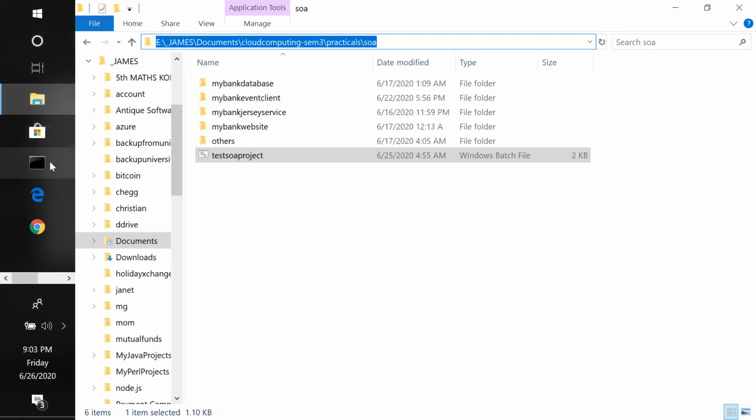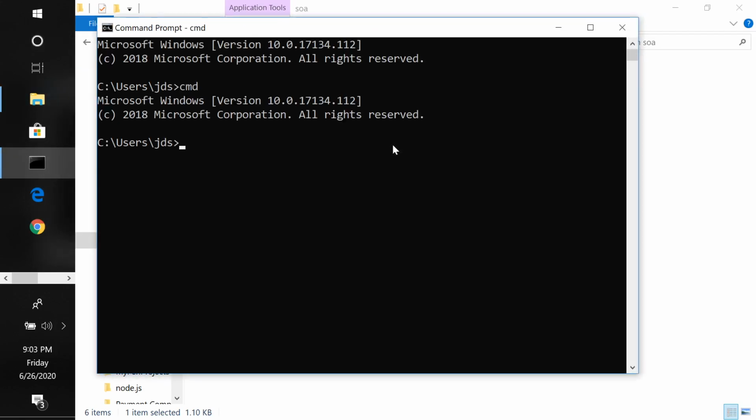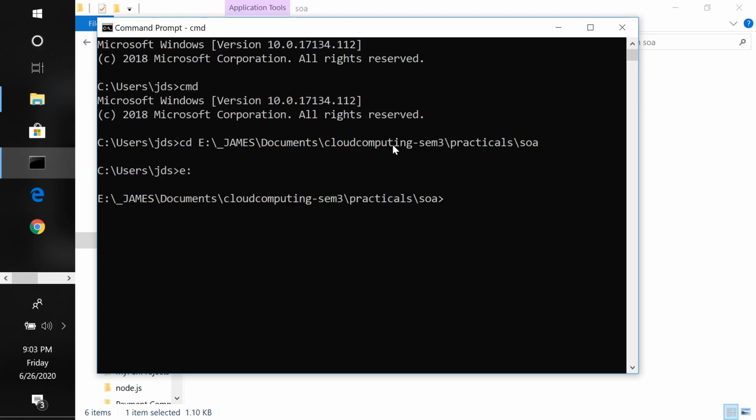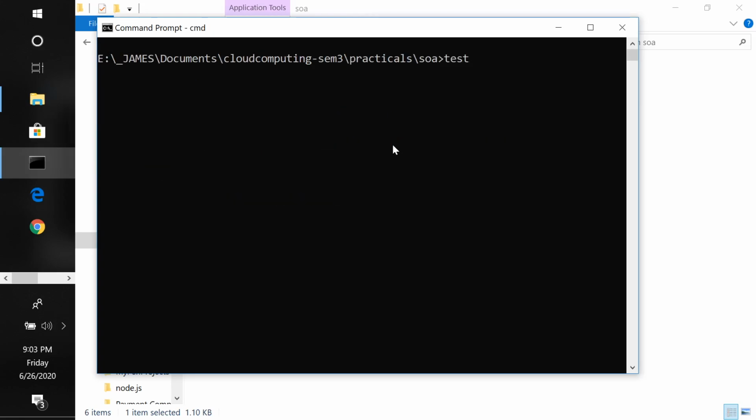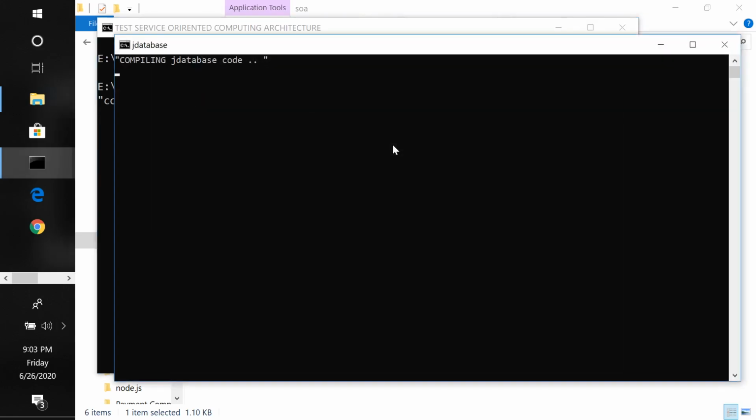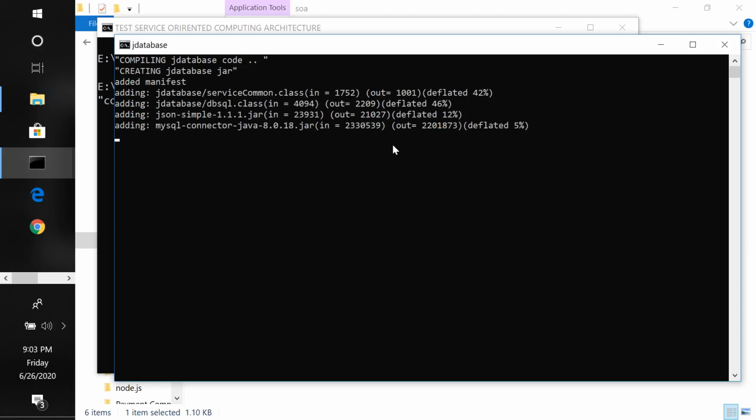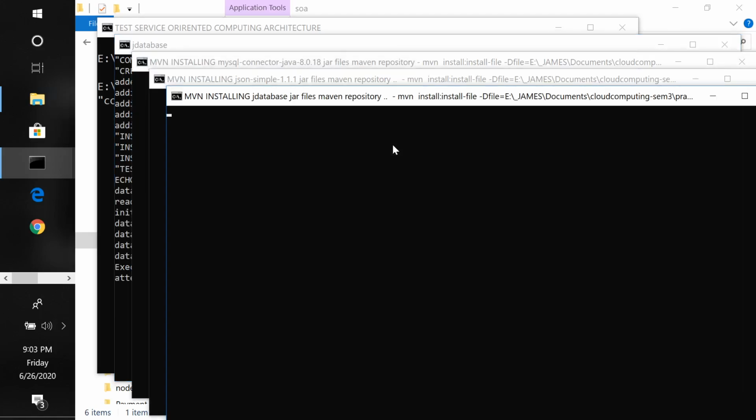So let me open a command prompt. And I can say test SOA project. This is a batch file. It will take some time because it is running through so many batch files. If you notice, it has first started J database and it is installing.